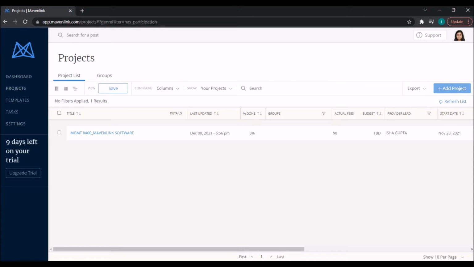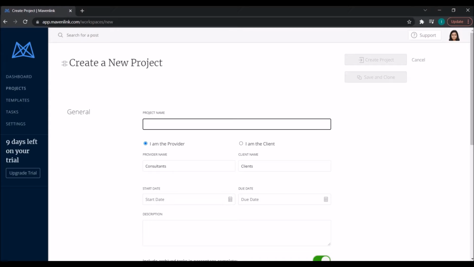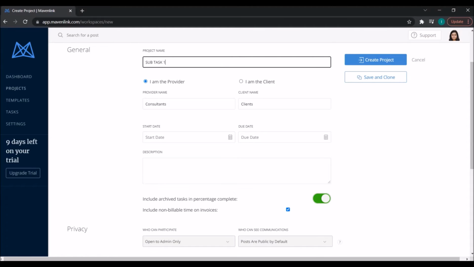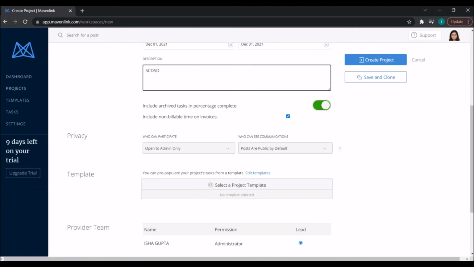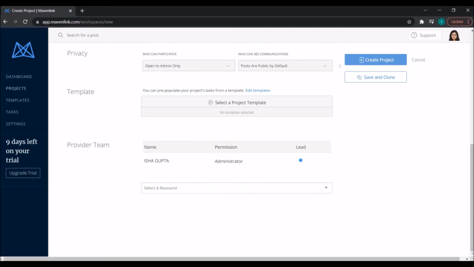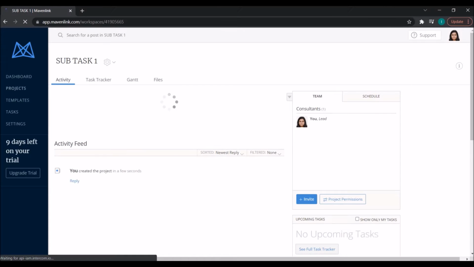If I want to add a project, I can simply click on add project, give it a name such as subtask 1, fill in the information, give a brief description of the project, and then I can just create one project like this.